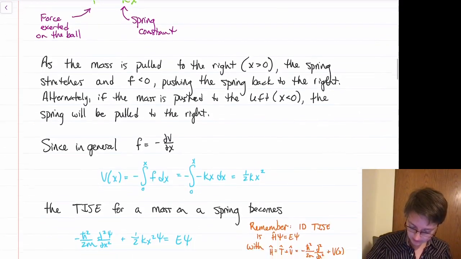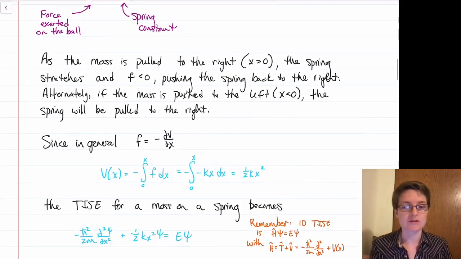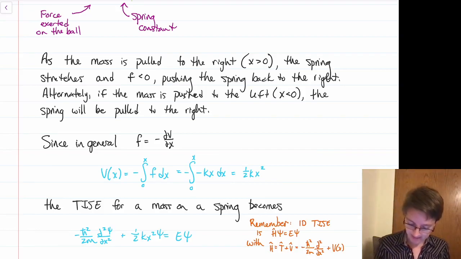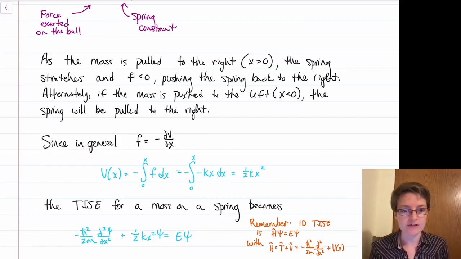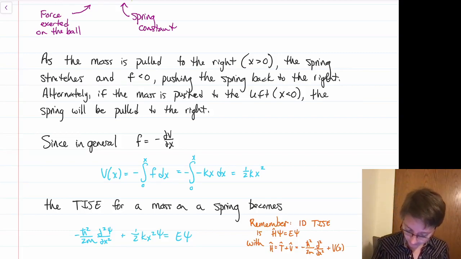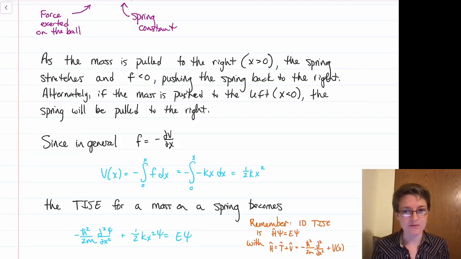So, since in general, force is equal to the negative derivative of the potential energy with respect to position, we can solve for what the potential energy would be for a spring that's subject to Hooke's law. In that case, after I do a bit of integration, I discover that the potential energy is quadratic in nature. It's equal to 1/2 times k, our spring constant, times x squared. And that means that now that we have a potential for this system, I can go ahead and set up